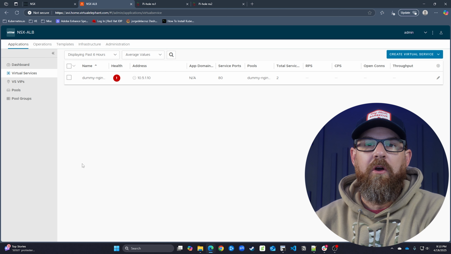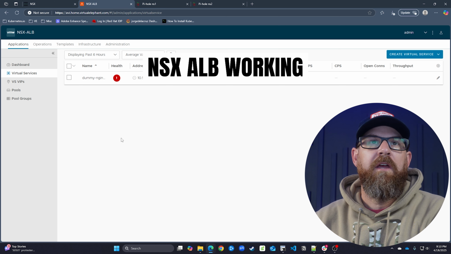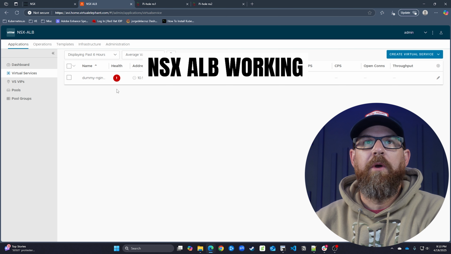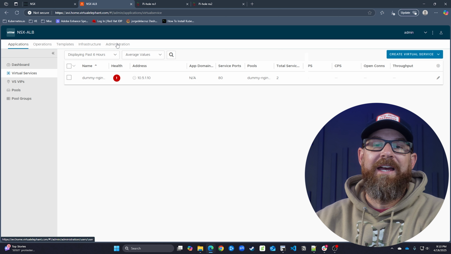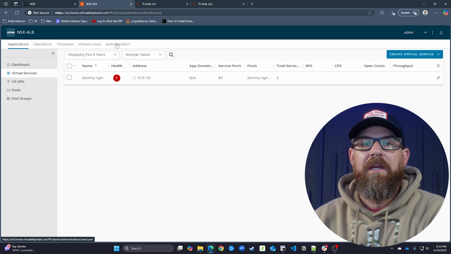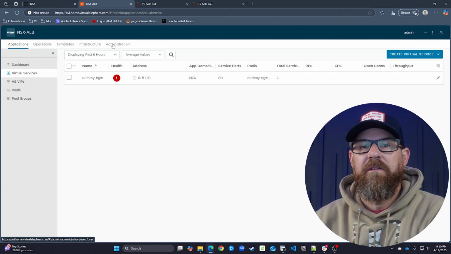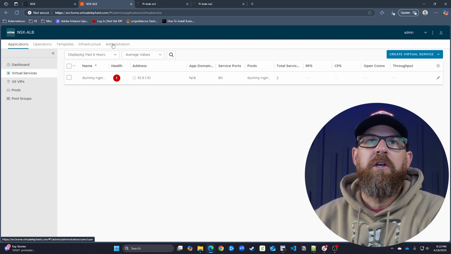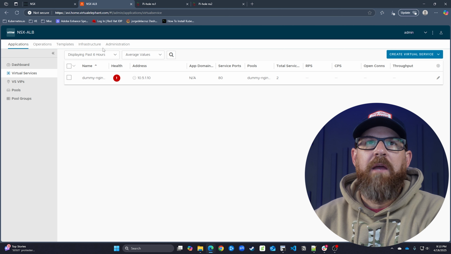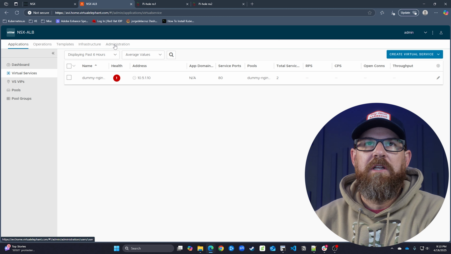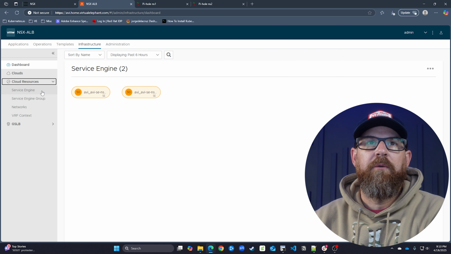All right, so our ALB service engines have been deployed. And if you noticed, one of the things that I had to do on the screen was I actually had to sort out the license and set it to the ALB Advanced Load Balancer Enterprise and not the Enterprise with the cloud. So that's one of the things I guess that we need to change after the SDDC Manager workflow goes. And then once we did that and we specified the same information in the cloud account,